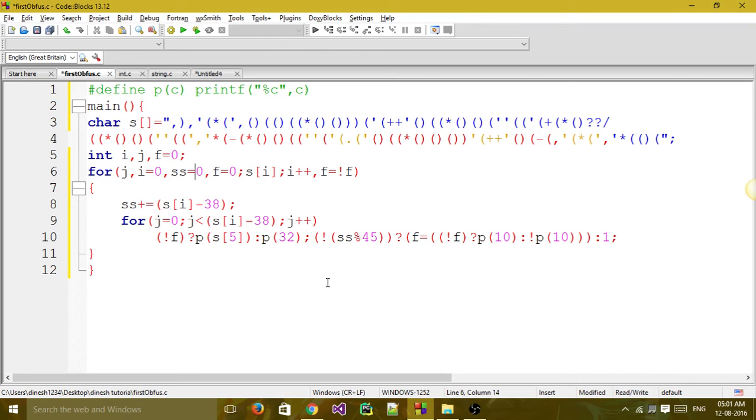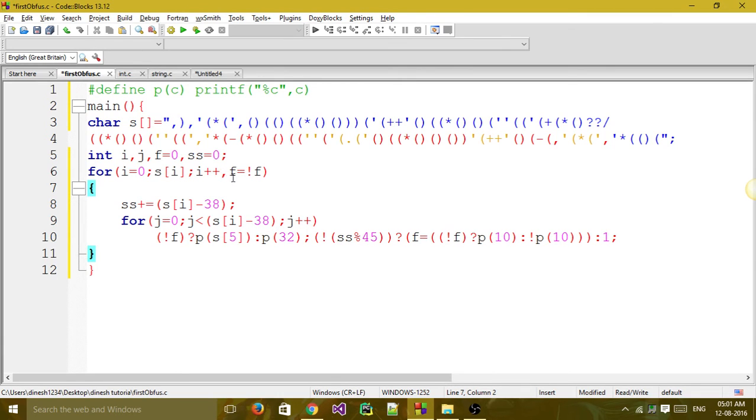We can give f equal to 0 outside itself, and ss equal to 0 outside itself, and j is declared outside, so we can remove them. And we can now see the for loop structure clearly.